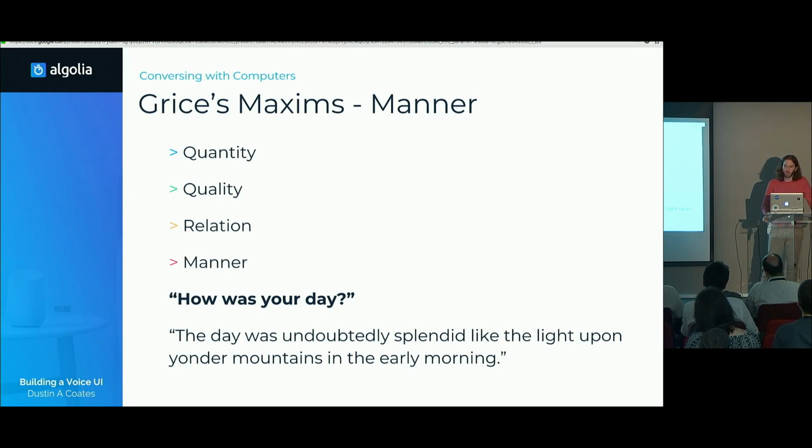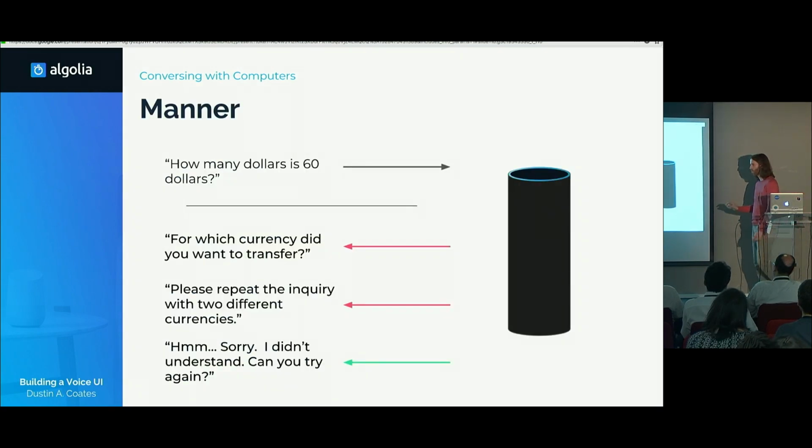And then the last one is manner. Manner says that we speak in the same tone, in the same register that was called for by our conversational partner. This one is broken perhaps more than any other. And that's because people write out what the voice application is going to say, and never read it out loud. And we have different ways where we write, the words, the phrases we use are different